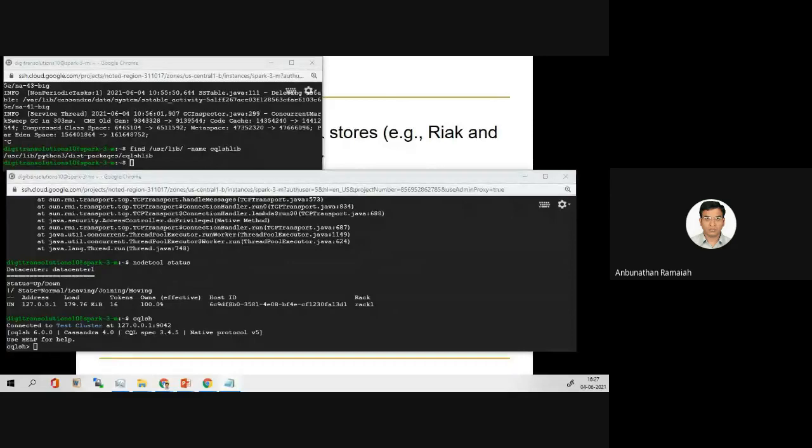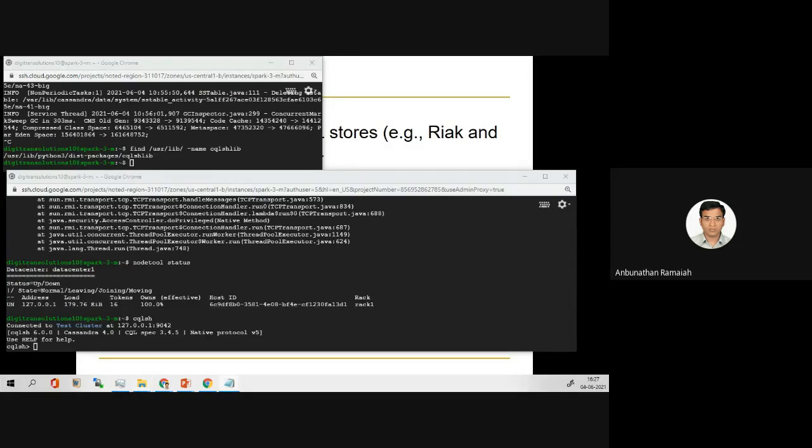What I will do, I will send these steps through the chat window. You can try parallelly or note down this. And anyway, I will send the text file also. So to check whether your Cassandra installation is proper or not, you have to use these steps. If this is there, then your installation is proper. Now we will go to the next exercise.